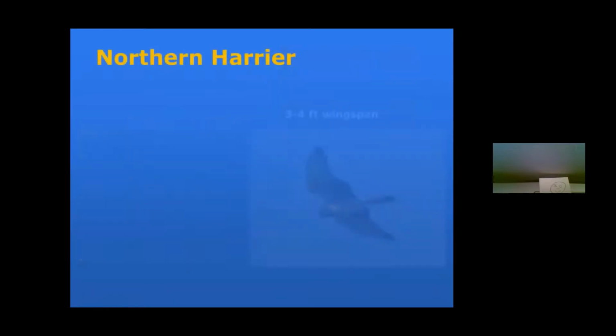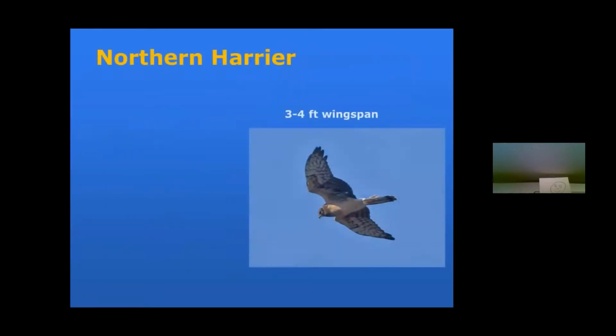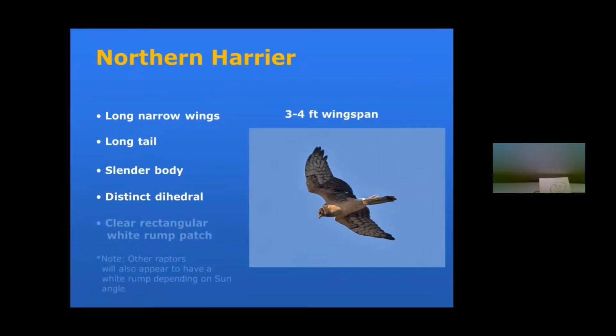Couple more birds and we'll be finito. Northern Harrier, one of my favorites. Why? Because I usually can look down on them because they're hunting in a field about 5 feet off the ground, teetering back and forth with those long wings and that long tail, and they're just stunning. They have a slender body in the dihedral, but you see the face of this bird looks almost like an owl face, like an owl disc, just like some of the owls might have.